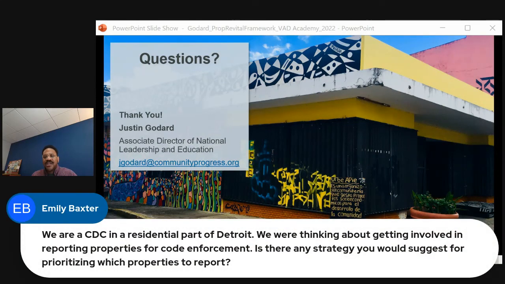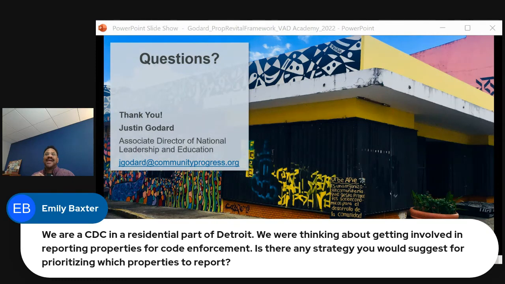So I want to answer this question. It's basically getting at, if as a community organization we want to support code enforcement efforts, what are the things that we should be prioritizing? And I think the one thing that you should really think about is that as an organization and people rooted in a community, you all have a unique viewpoint that code enforcement and folks who, yes, are building relationships but don't live in the community, may not get. So you should really think about that and the power you bring to those conversations.